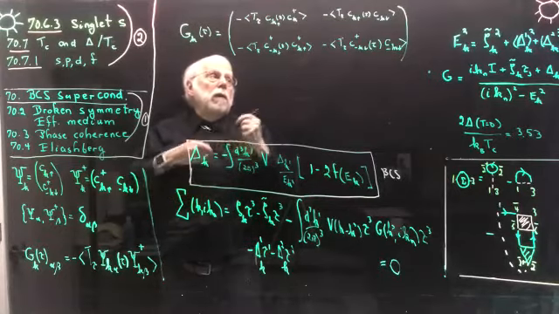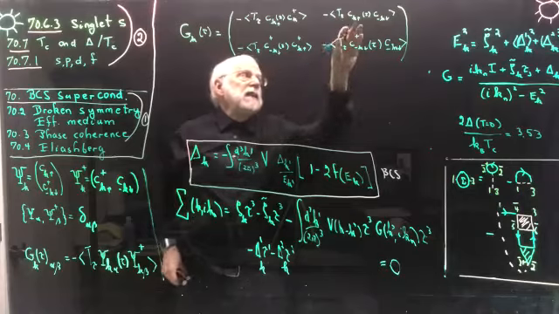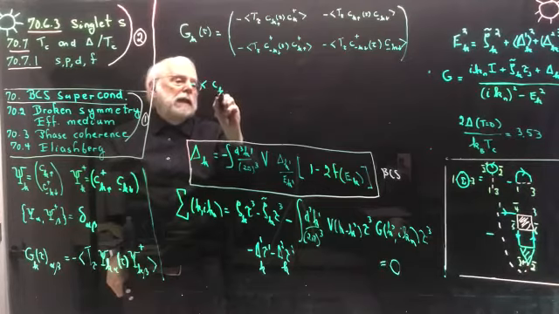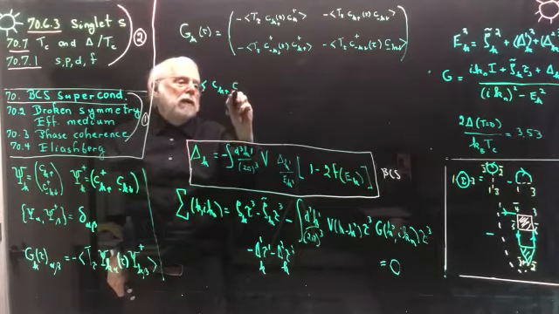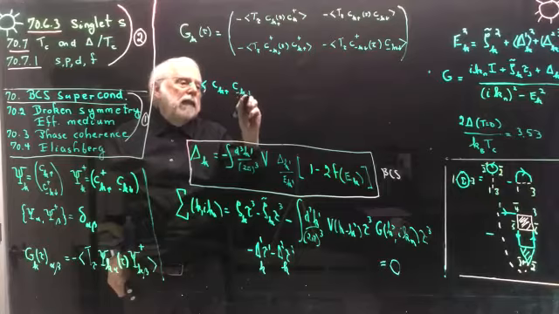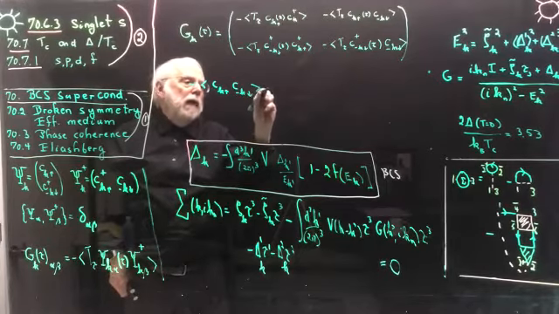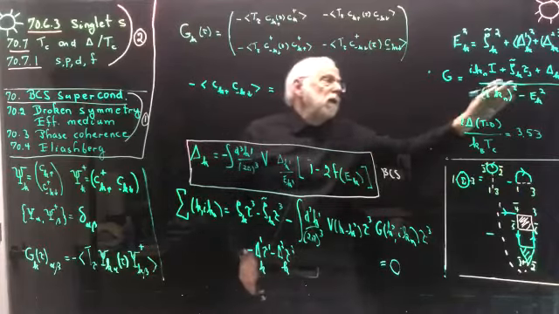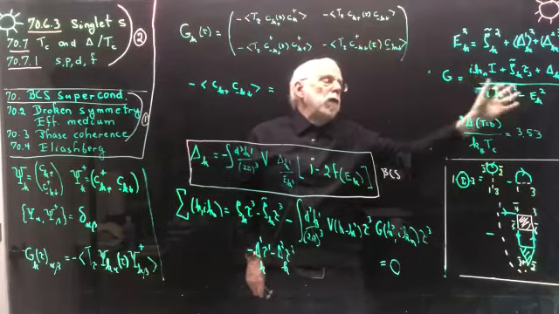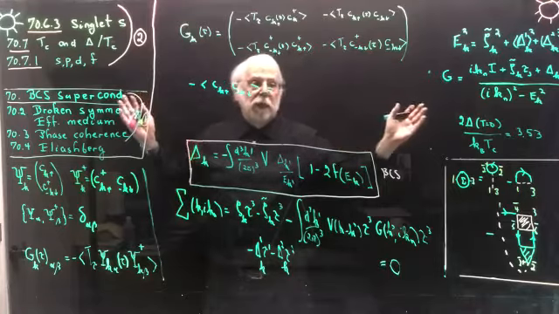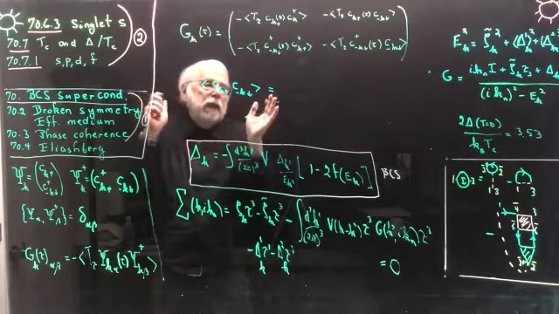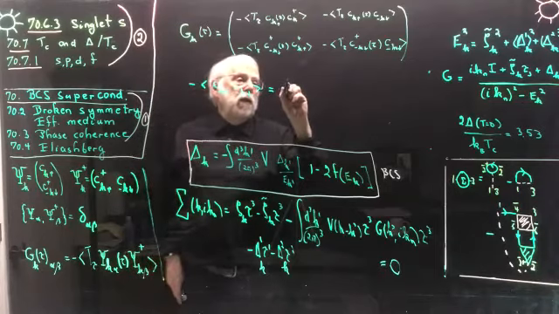So what is this? If I look at this at equal time, so I look at c minus k up, c minus k down. At equal time, it means I need to take this piece of the Green's function. I have the Green's function here. I have to take this piece and sum over all Matsubara frequencies. Summing over all Matsubara frequencies puts me in equal imaginary time, but that's the same as equal time. So I just do the sum,